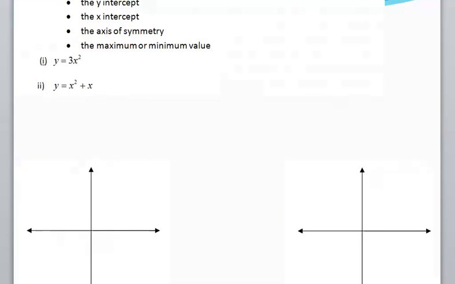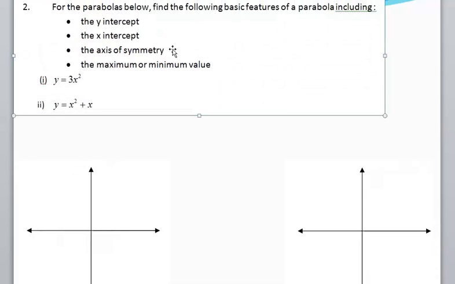Okay, so now for our parabolas below, we want to show the following features here. So I'll just drag this down so we can see this better. We want to show the following basic set of features of a parabola, including our y-intercept, our x-intercept, our axis of symmetry, and our maximum and minimum values here. So here, our y-intercept is going to be 0. Our x-intercept is also going to be 0